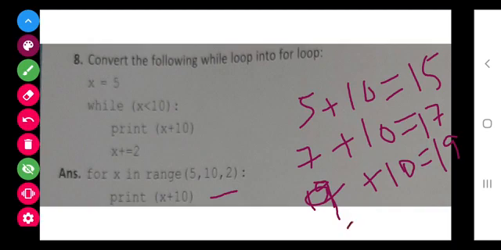And for the next time, as the value of x will become 11, it will terminate the loop, because we have given the final condition that it should not exceed 10, that is it should remain less than 10.